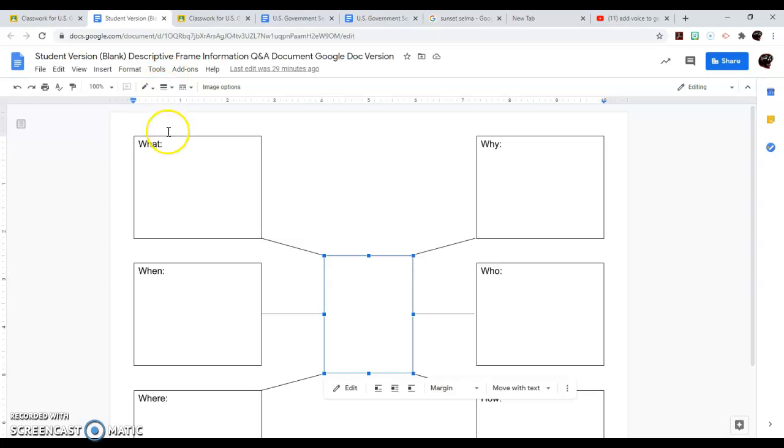You can type as you will. If you want to, you can take the what out. Just make sure that you understand, I understand, we understand what your topic is. But first you'll have to unlock your device.